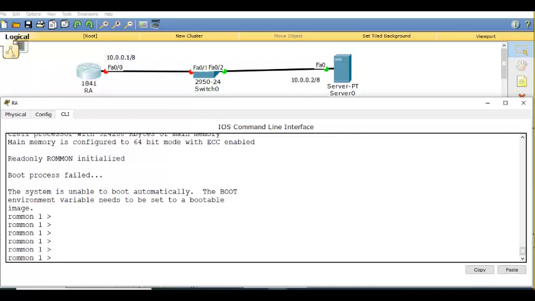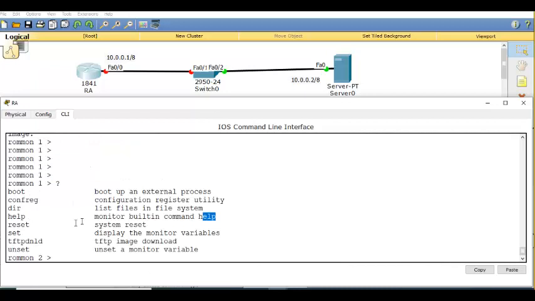Now, this is a very tiny operating system using which you can copy the operating system to the flash. Shall we learn how to do it? Yes, sir. For that, the easy way is I'll ask you to put a question mark and hit enter. See, this is what you need. TFTP download command. Let us do that command.